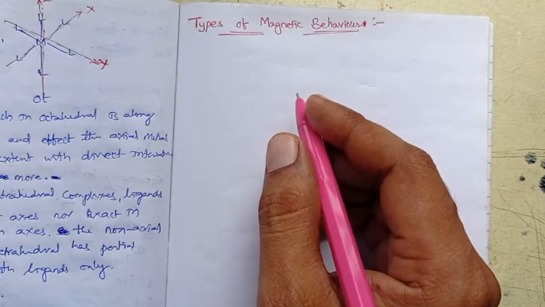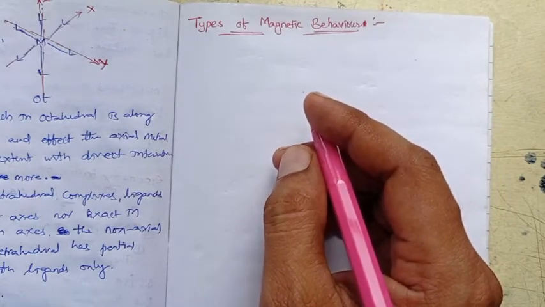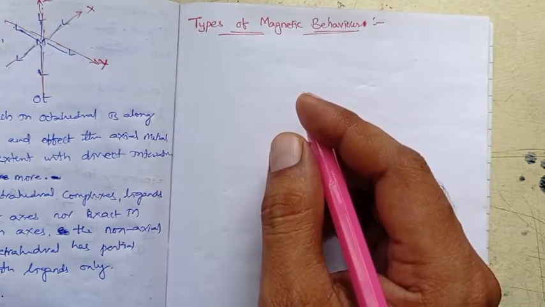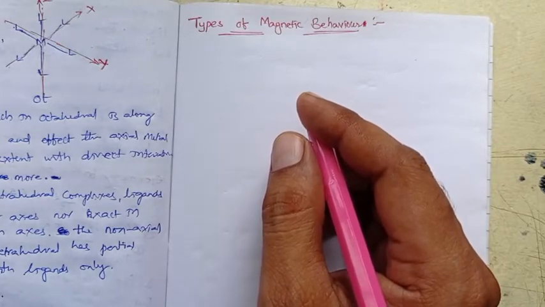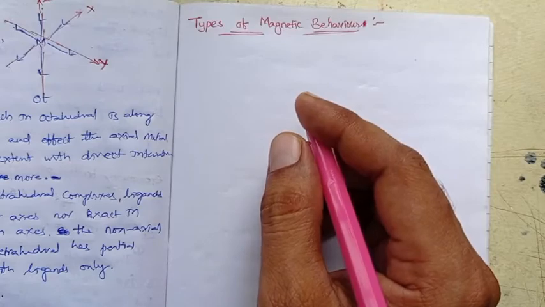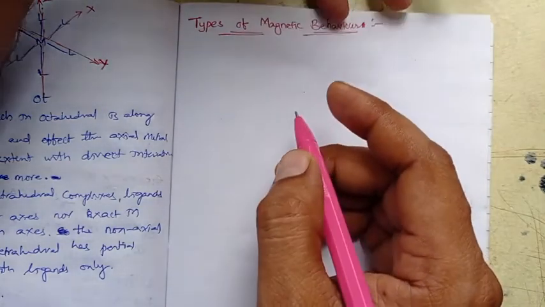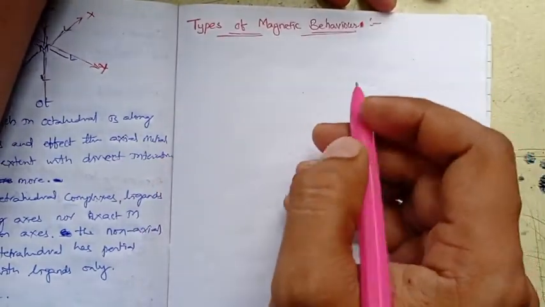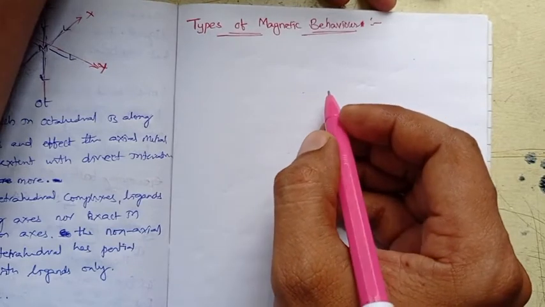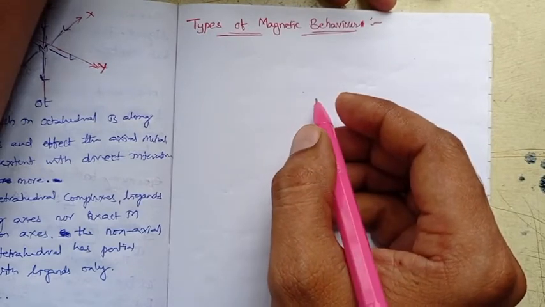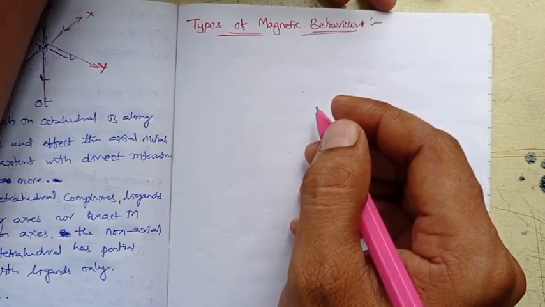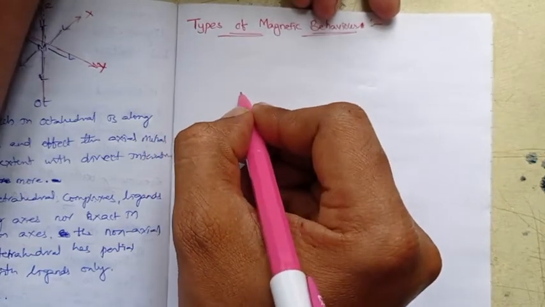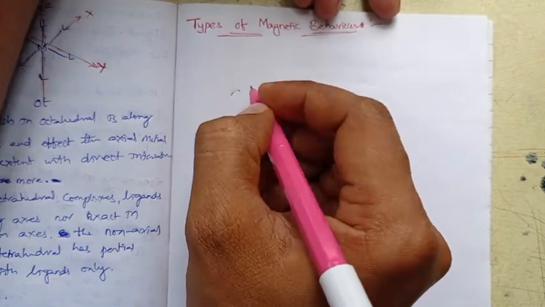Let us start the first topic, that is types of magnetic behavior. Before going for the types of magnetic behavior, we have to understand what is actually magnetic behavior, what is magnetism, and how it arises. To have a discussion of this, we have to know Bohr's atomic model, and how the electrons are arranged in the atom. We know that an atom will have a nucleus centrally situated,